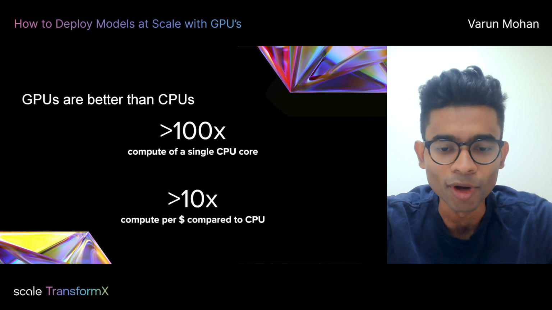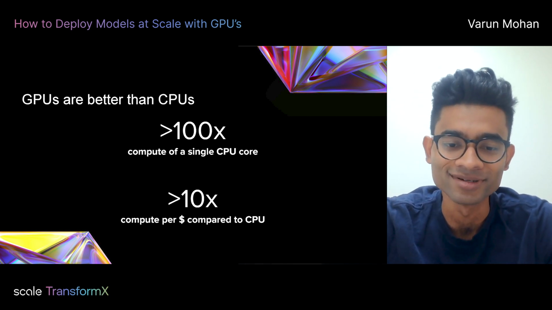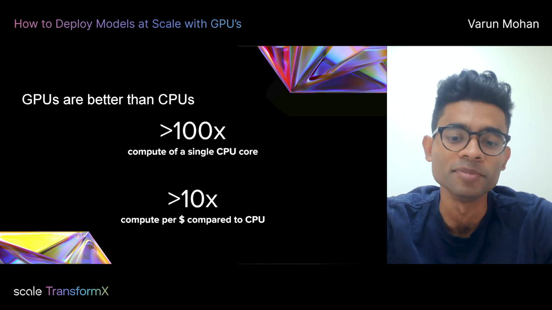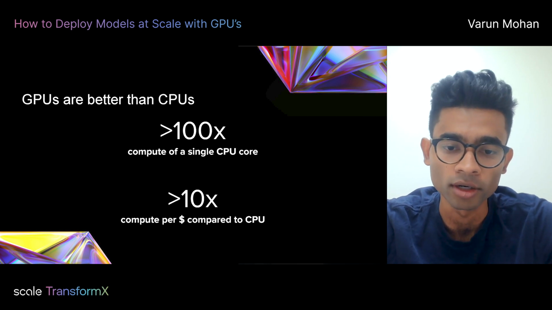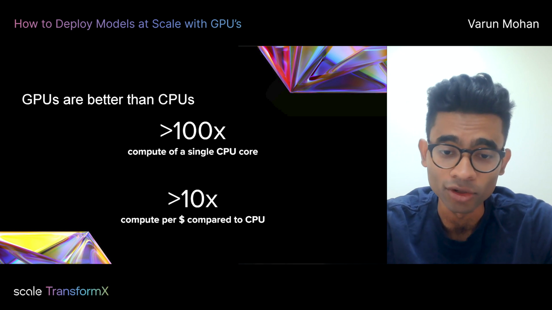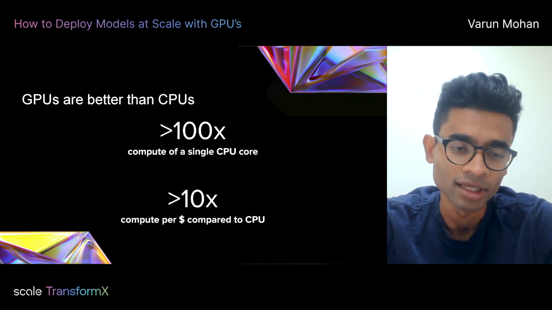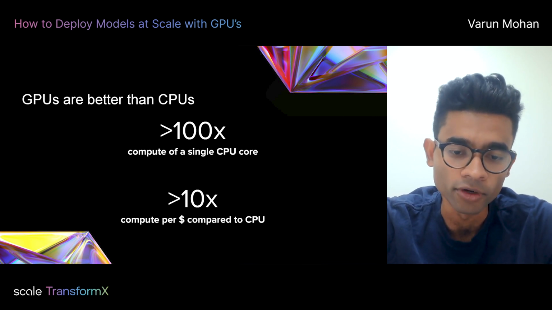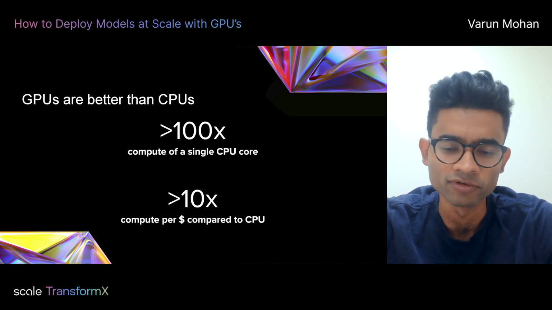So, just some ballpark numbers here. These are really general, and there are some more details as well. But if you were to compare a single GPU to a single CPU core, you have between 2 and 3 orders of magnitude more compute available. And even if you dollar cost average, CPUs are way cheaper. If you're able to get the most out of a GPU, we're talking about getting over 10x compute per dollar if you use a GPU versus a CPU.